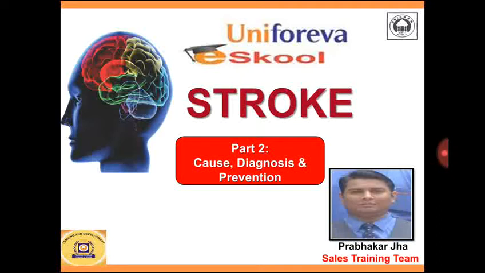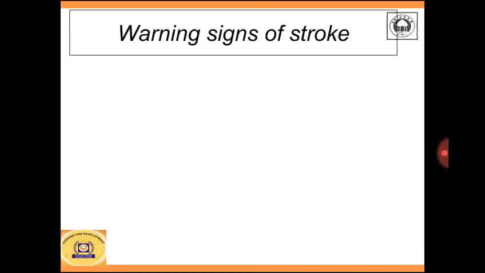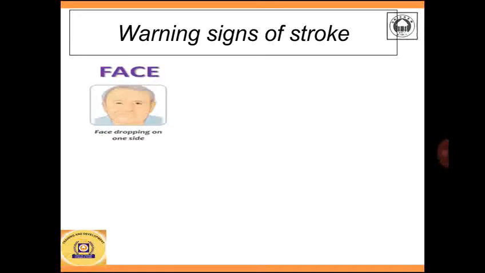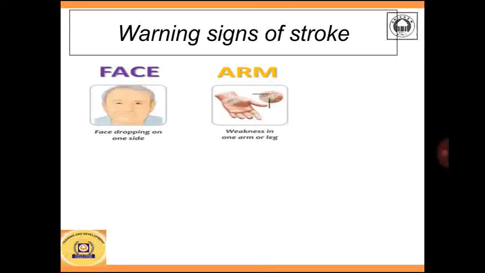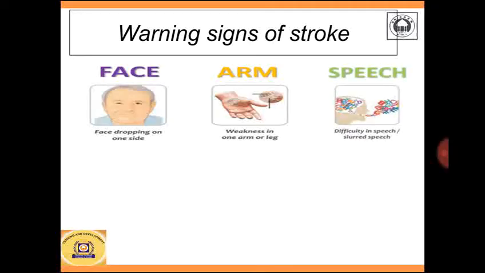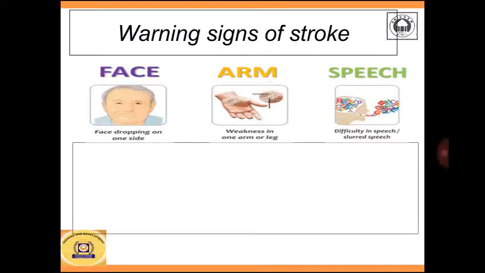As we have understood the stroke by its definition and its type, now we will see what the warning signs of stroke are. These warning signs are first seen on the patient's face as a droop on one side, and it affects the patient's arms, with weakness in one arm or leg, and sudden difficulty in speech may also be experienced by some patients. Other warning signs are blurred vision,